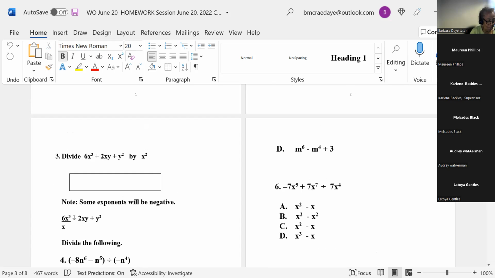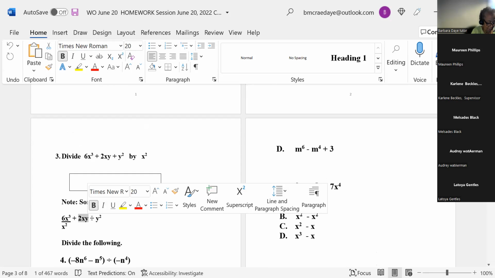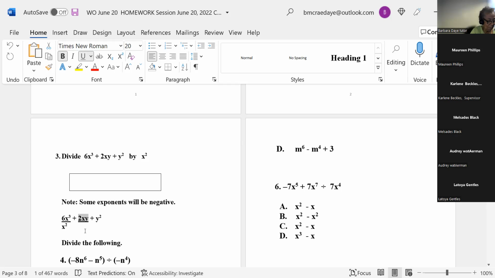That's the monomial, that's the divisor. Okay, let's take the 2xy. You've got to make it a little bigger for me. Yes, I'm going to make it bigger as soon as I get those